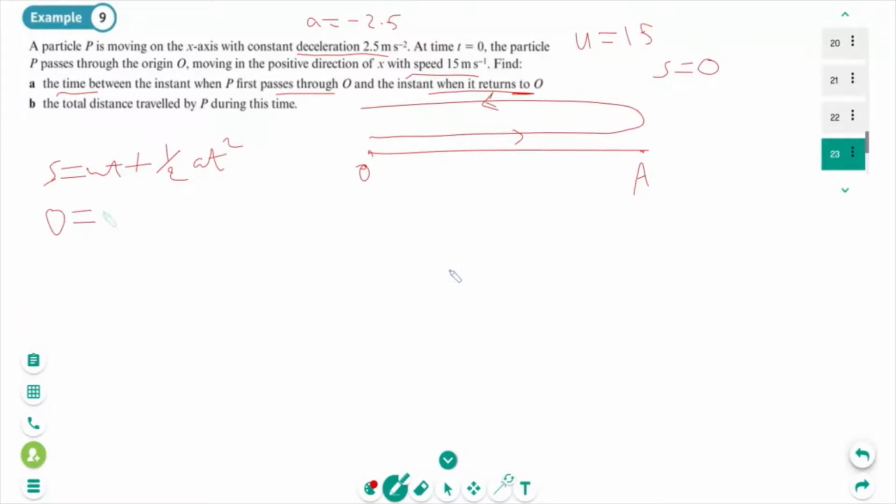Okay, 15t, half times a, so it's going to be plus half times minus 2.5 t squared. So that gives you a quadratic equation. So you get 0 equals 15t